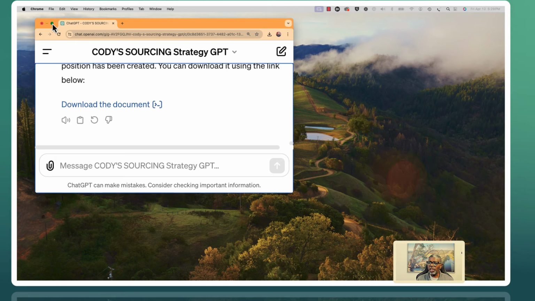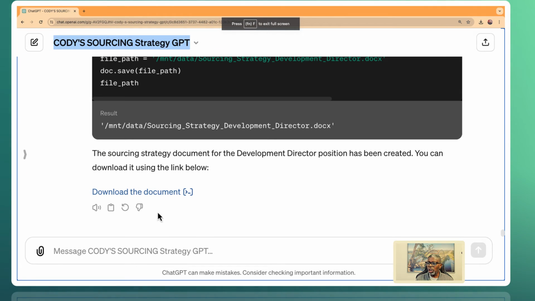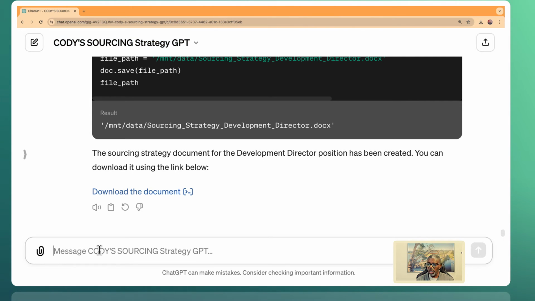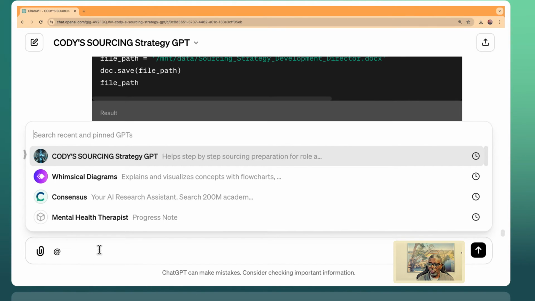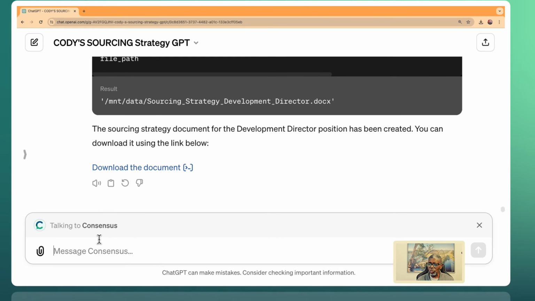So now that we have that, I want to show you how to call from this. So maybe I didn't get enough organization. So I'm going to use a feature called mention. And when you do the at sign and mention, I can call these GPTs that I've already used and practiced on. So I'm going to get one called Consensus, which allows you to go out and do research. You could call any of them. And what I'm going to do is I'm going to give me